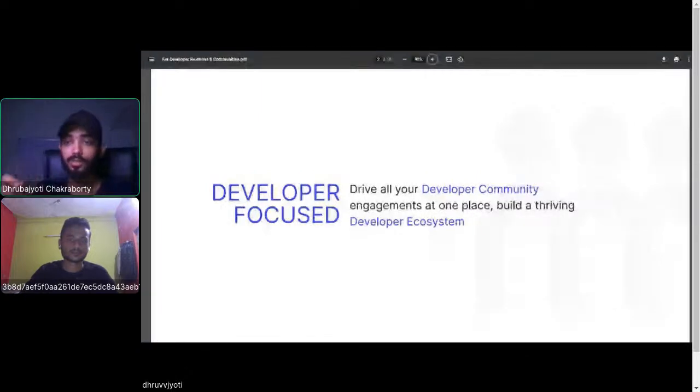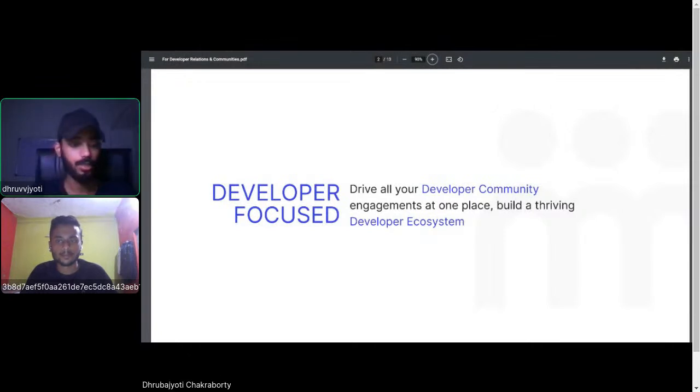The major point here is that the community platform has been built for developers. It is a developer-centric product, and from day one we were trying to cater to people who were looking for a platform that provides all the necessary versatility in terms of event hosting, building communities, managing their portfolios, and managing their projects. This is something that developers actually require, and we'll understand in the course of time how Commudle provides that. But the entire platform has been developer centric from day one, and that's what we're trying to build.